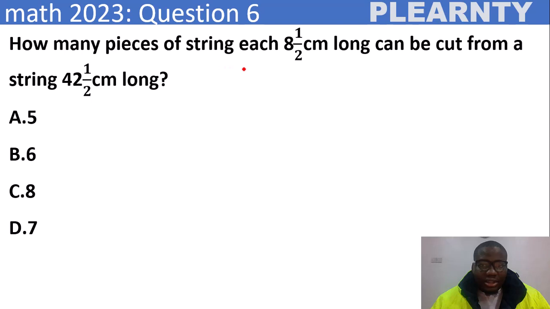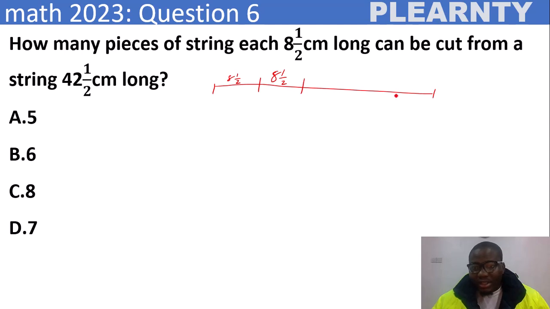How many pieces of string, each 8.5 centimeter long, can be cut from a string 42.5 centimeter long? So you have a string that is 42.5 centimeter long. How many 8.5? Let's say from here to here is 8.5. How many of it can you cut from the 42.5 centimeter long string? So it's easy. You just say 42.5 divided by